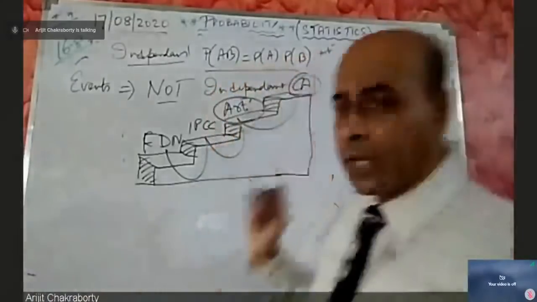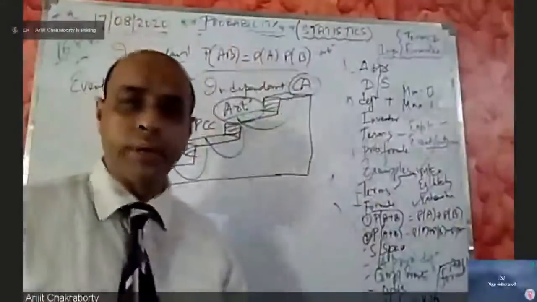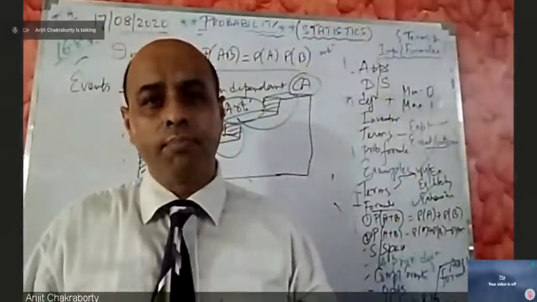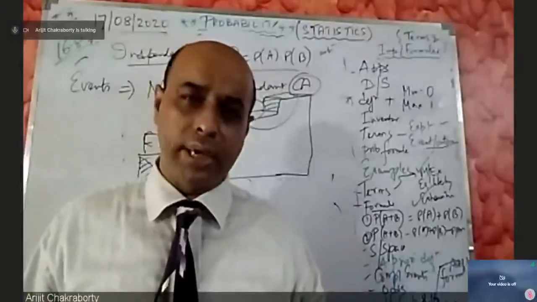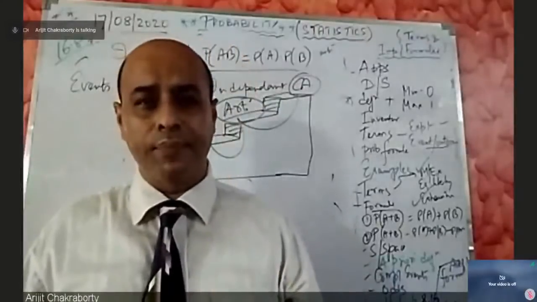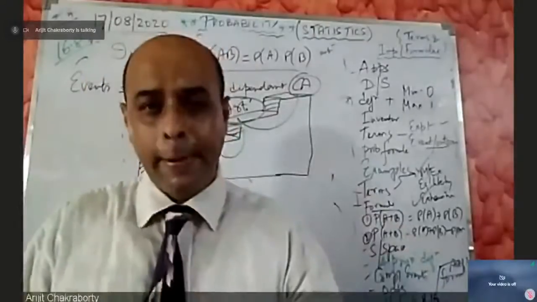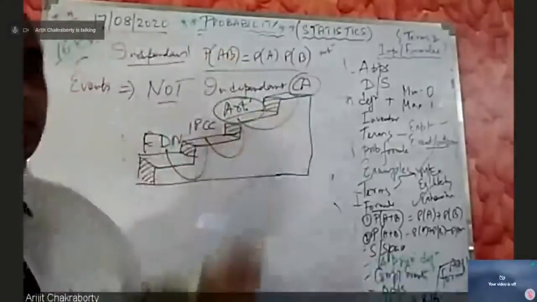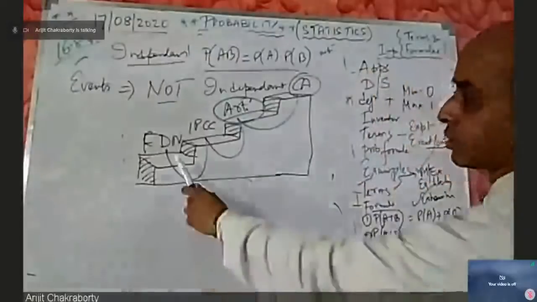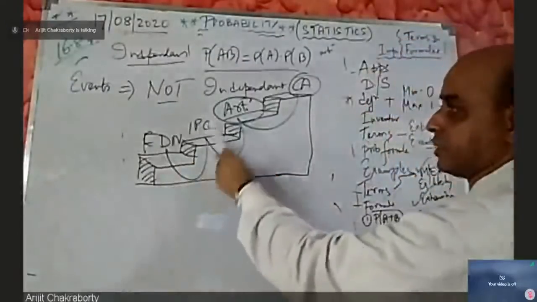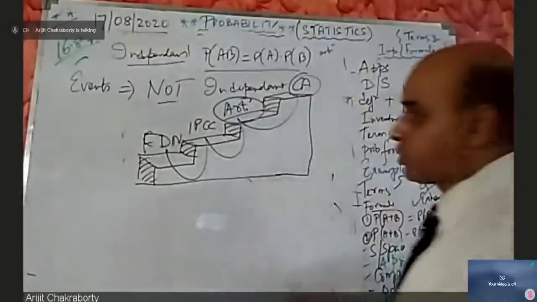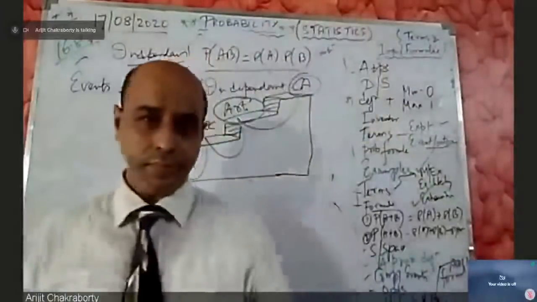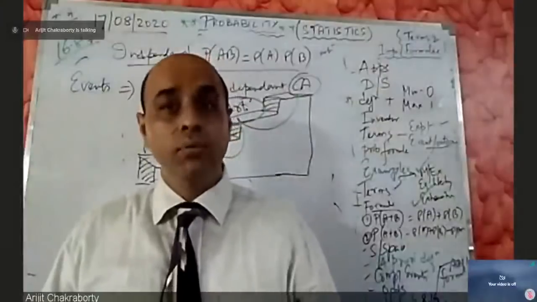If you complete articleship, only then you can become a CA. There are cases where a person completes articleship of 3 years but is unable to pass CA final. He or she cannot be a CA. Another situation can happen: the person has completed CA final, but maybe the articleship is still pending. He cannot become a CA. So these events are dependent events. They are not independent. First level foundation, then IPCC, then articleship, then CA, like a staircase. So I have drawn a staircase. Now the question is, what happens